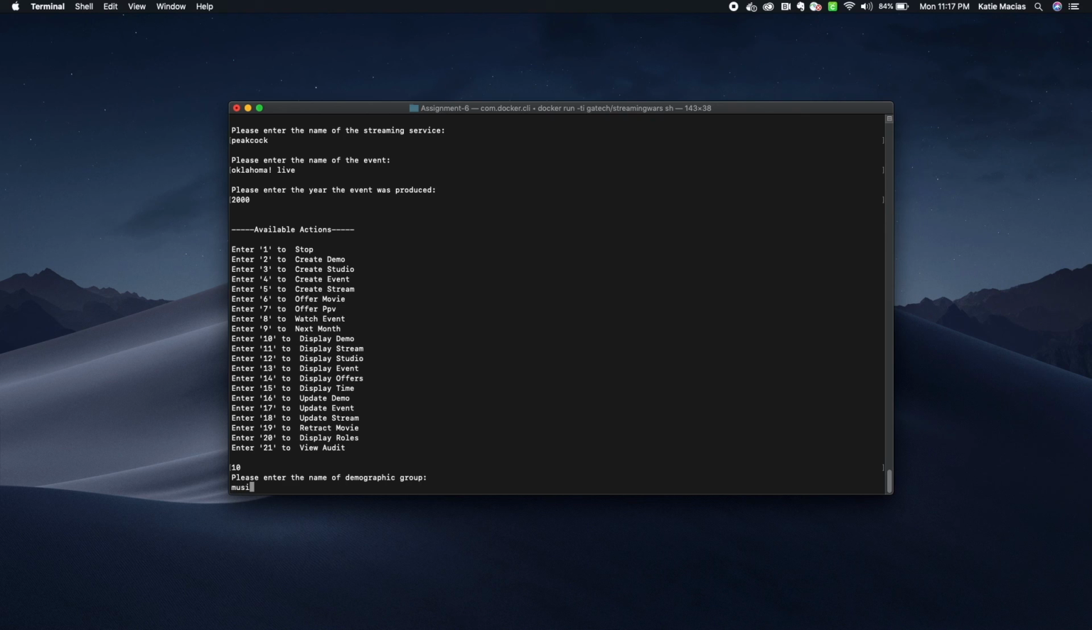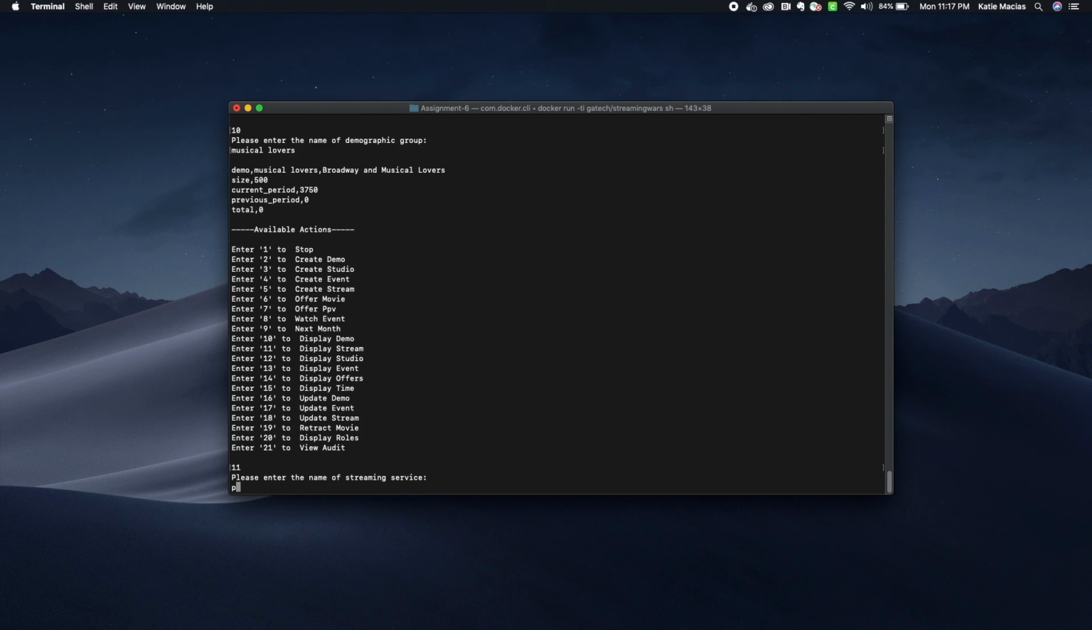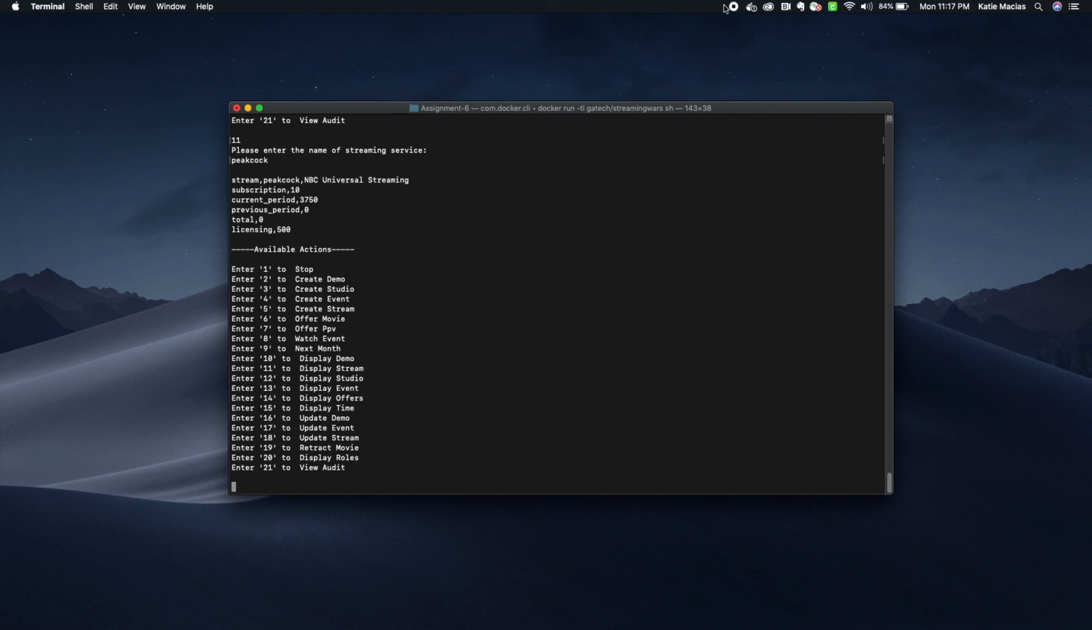And our musical lovers have watched Oklahoma Live, and we can see now that pay-per-view price has been applied to the demographic group, and it's also been applied to the streaming